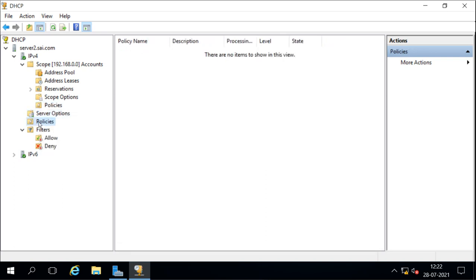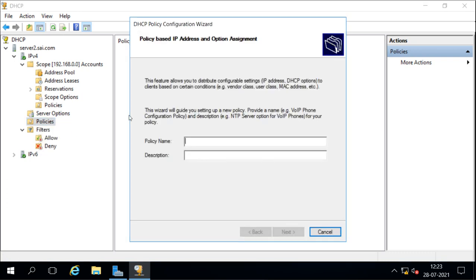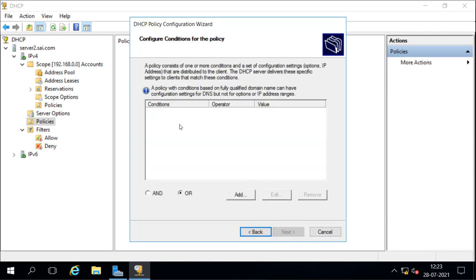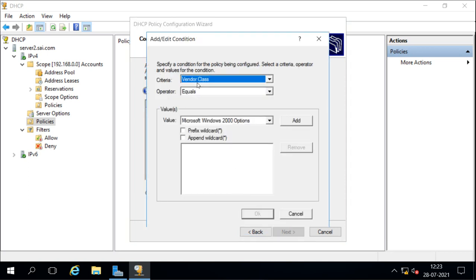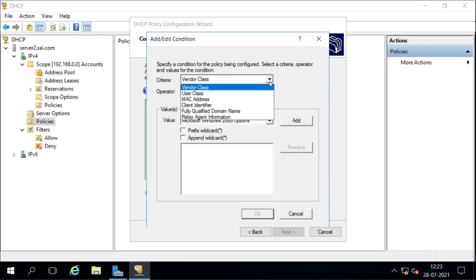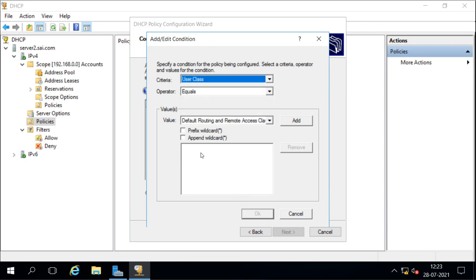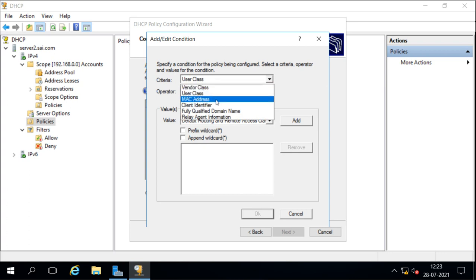So how can we configure the policies? We right click, and then select to create a policy. When you create the policy, you should give it a name, like my new policy. Here you can configure the conditions for the policy. You can add the vendor class for the hardware vendor, then the user class defined by the administrators, then the MAC address filters.